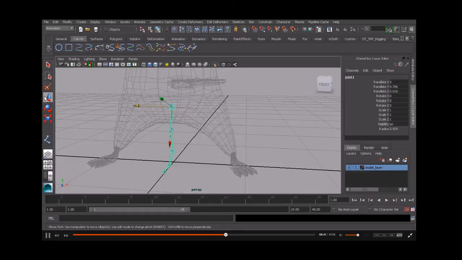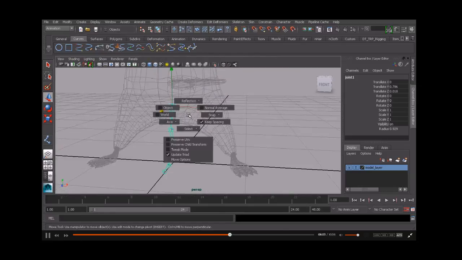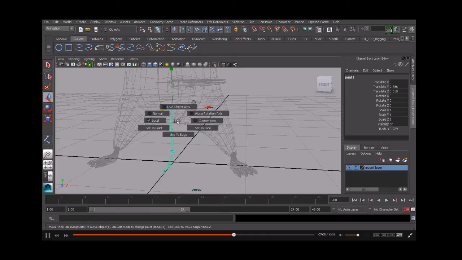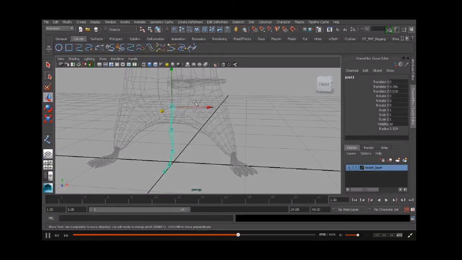Another way is to double click on your tool on the toolbar. From there, you can change your settings. But what we want to do is choose local. Now, if we hold down the W key and the left mouse button to get to local, you can see it's not a part of this first set. In this context menu, we'd want to choose axis and then local. And then if we want to get back, we just need to mouse over that dot here, you see. Alright, great, but now that it's set to local, when we start to move in the x-axis,